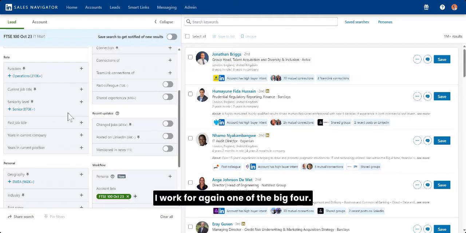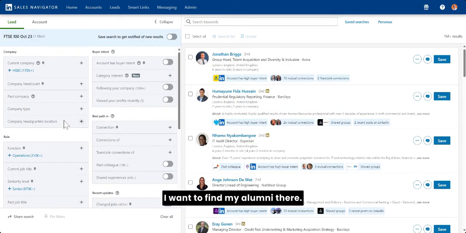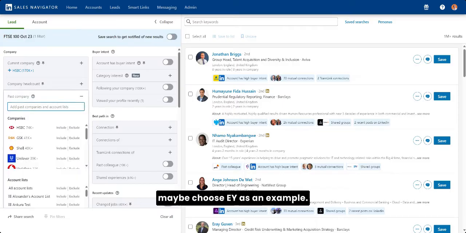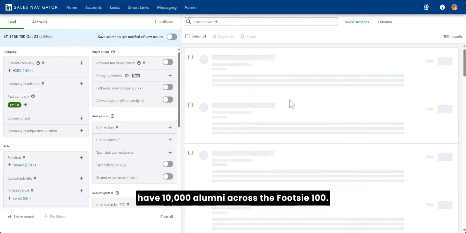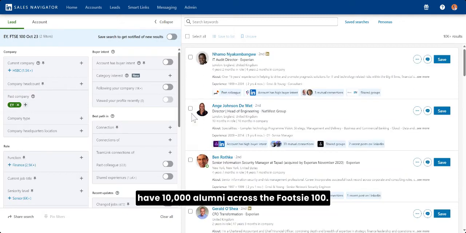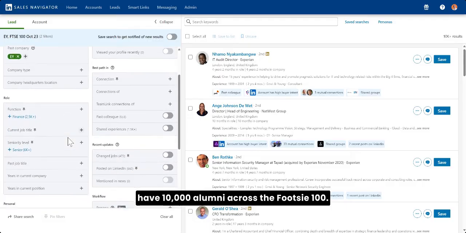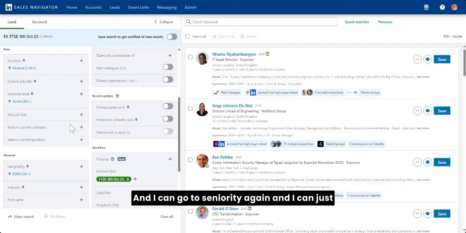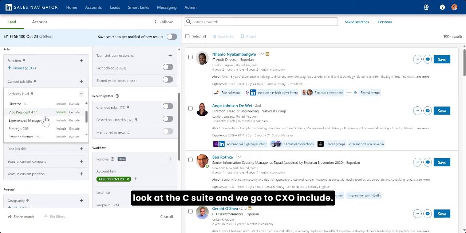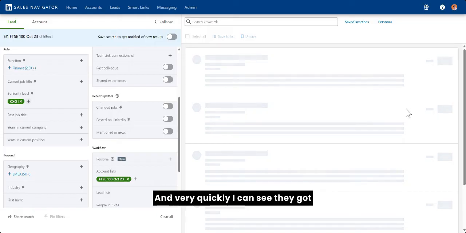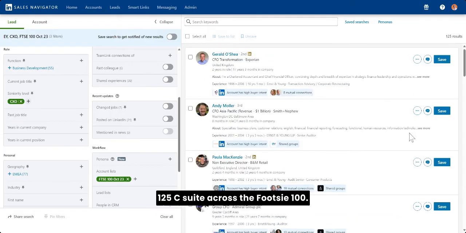Okay, imagine I work for, again, one of the big four. I want to find my alumni there. So let's do past company, and let's maybe choose EY as an example. And then we can see that EY have 10,000 alumni across the FTSE 100, and I can go to seniority again, and I can just look at the C-suite, and we go to CXO, include, and very quickly I can see they've got 125 C-suite